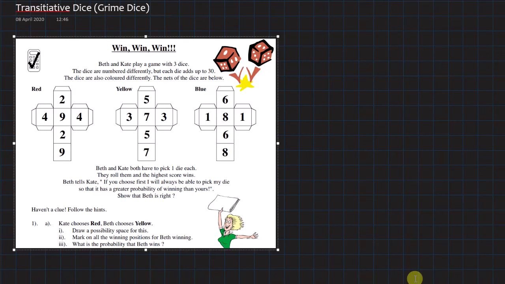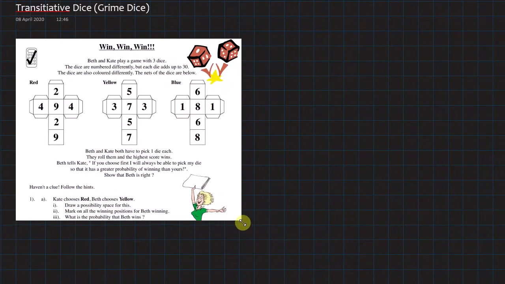Okay, this is a quick introduction to the exercise on investigating these two dice. It's important, because of the size of this picture, I'm going to make it a little bit smaller so it's not taking up the full screen. Pull up the worksheet and have it next to the video so you can see what's going on. So I'm going to make this a little bit smaller and explain to you what the aim of this task